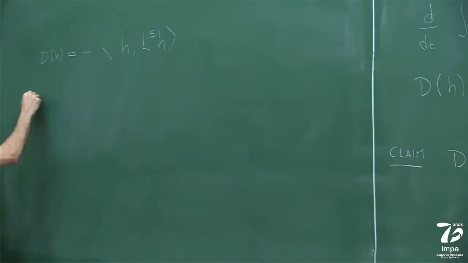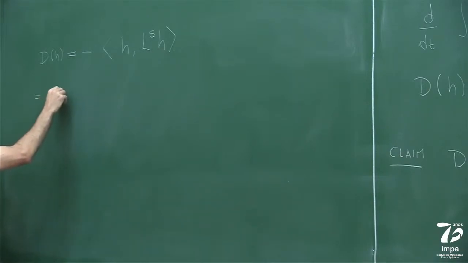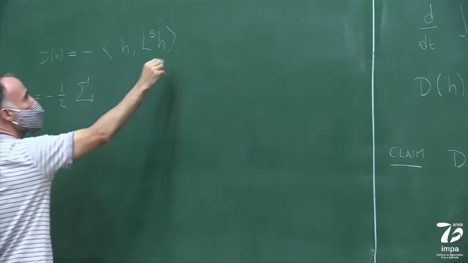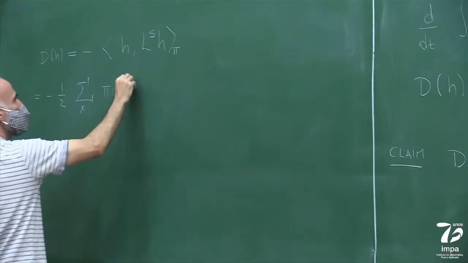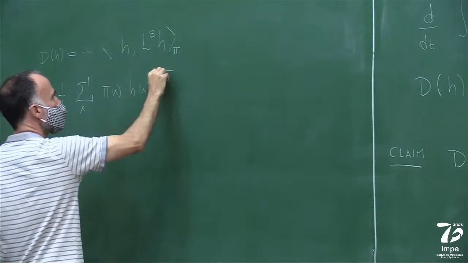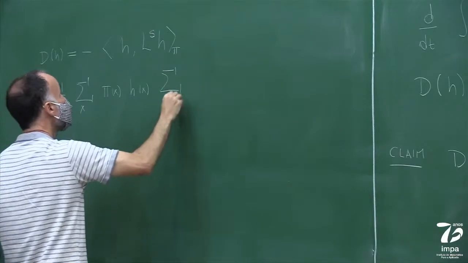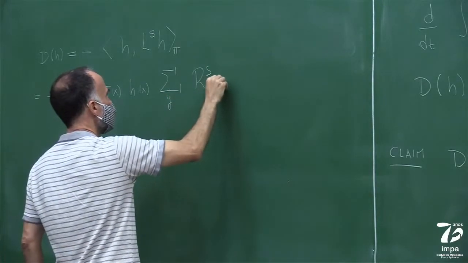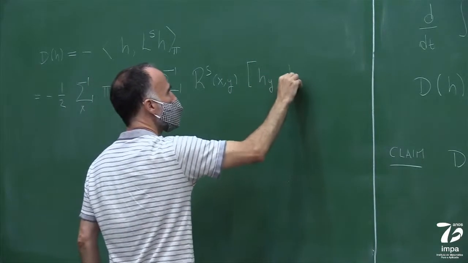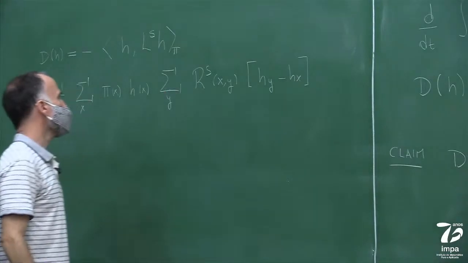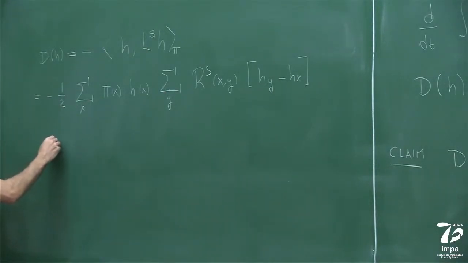And now, let me write this as minus 1/2 the summation, and this is pi x h x, then the sum over y of Rs xy (h y minus h x). So I divide that by 2 because I have here another term, and in this, which I write the same,